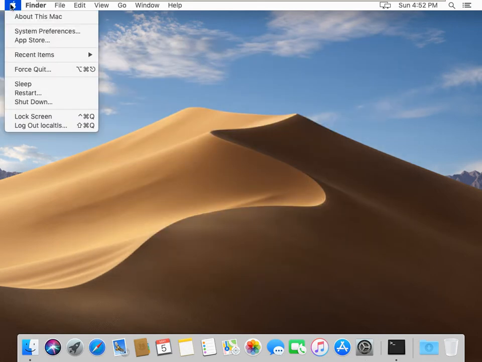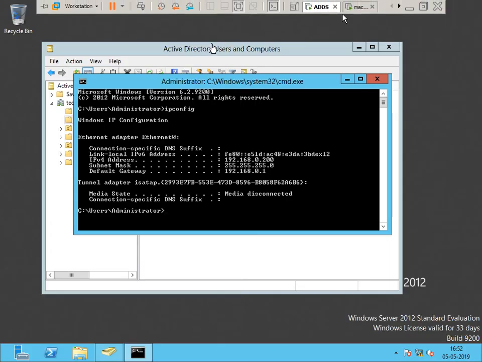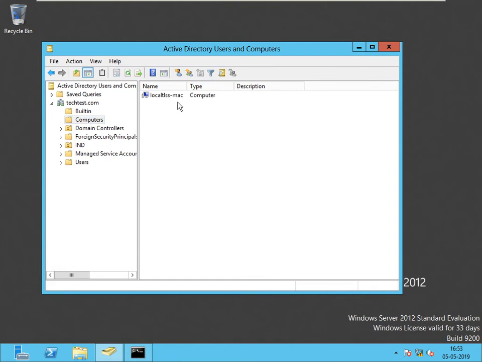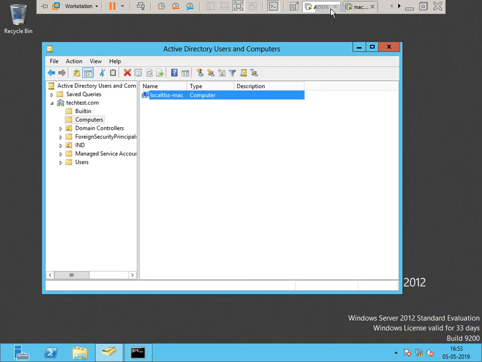If you want, we can restart once to get a proper effect. If you come to Active Directory and refresh, you can see a computer called local TLS Mac. Any computer that is made a member will show here as a list. This is how to make a Mac PC a member of Active Directory.